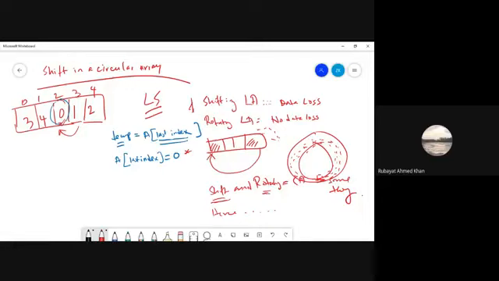Now what I'll have to do is move this number to the previous index. Now I'll take two variables. One, let's call it x, which will point to the start. And a second variable, let's call it y, which will point to the last index, I mean where I'll shift the number to. Okay. So what I do is